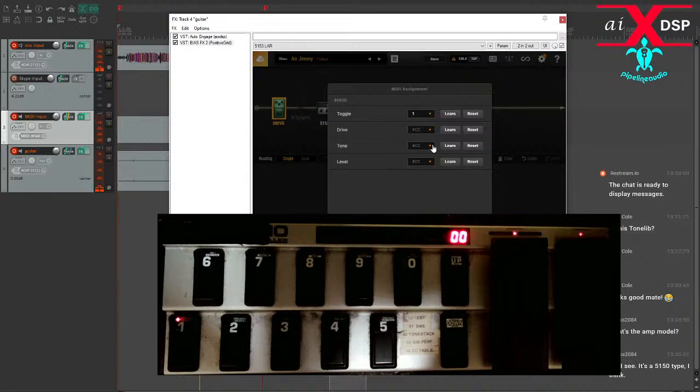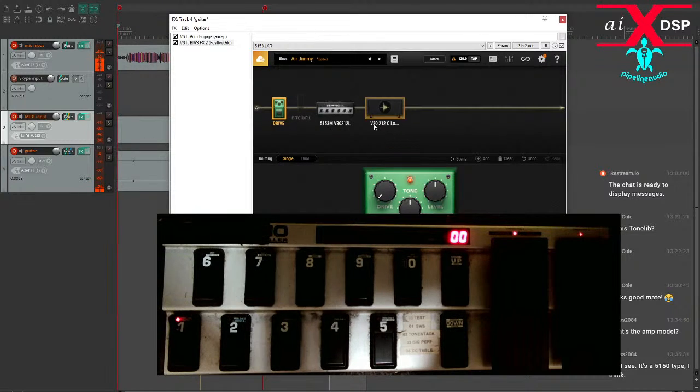Assignment. Okay, so sorry. I forgot about this. I haven't used Bias in a while because I'm not trusting it so much. What I have this thing set to is scenes. So scene management, how do you do,